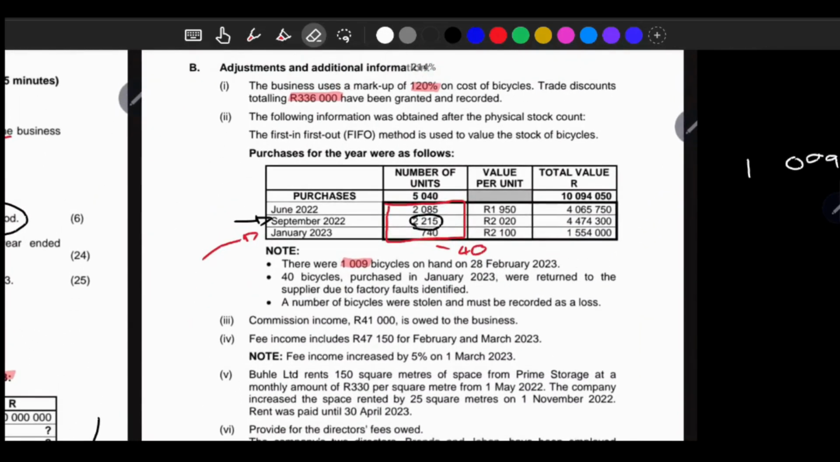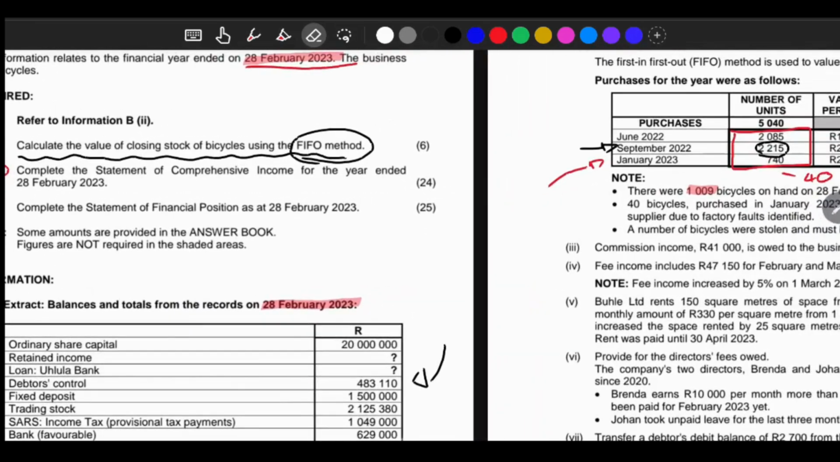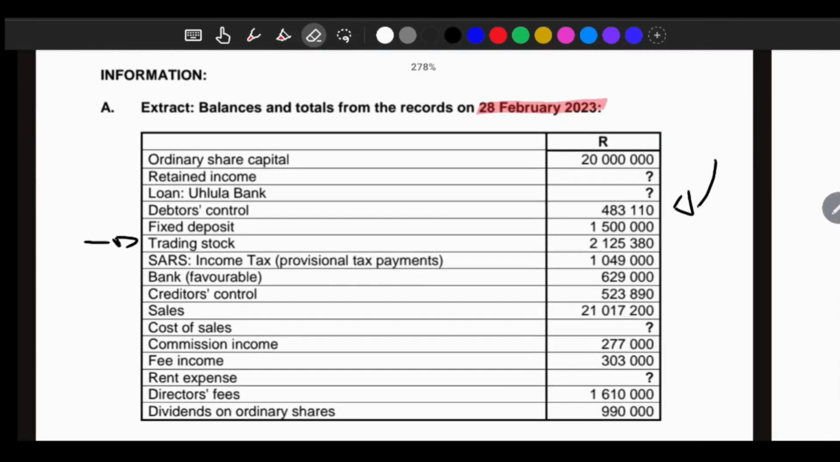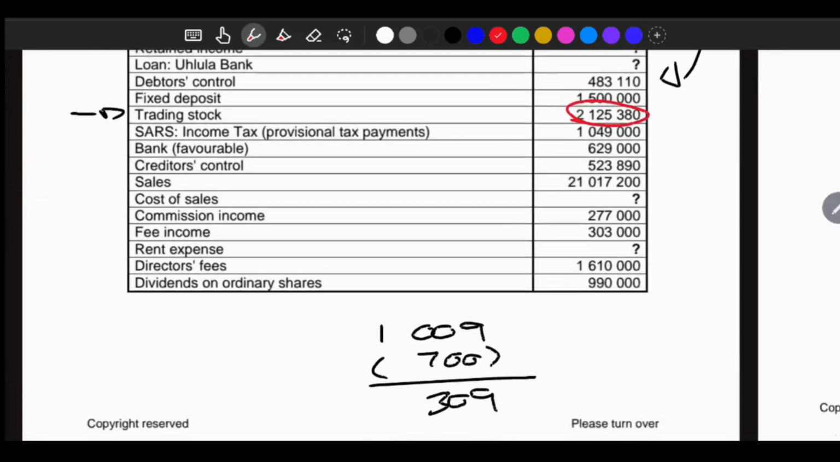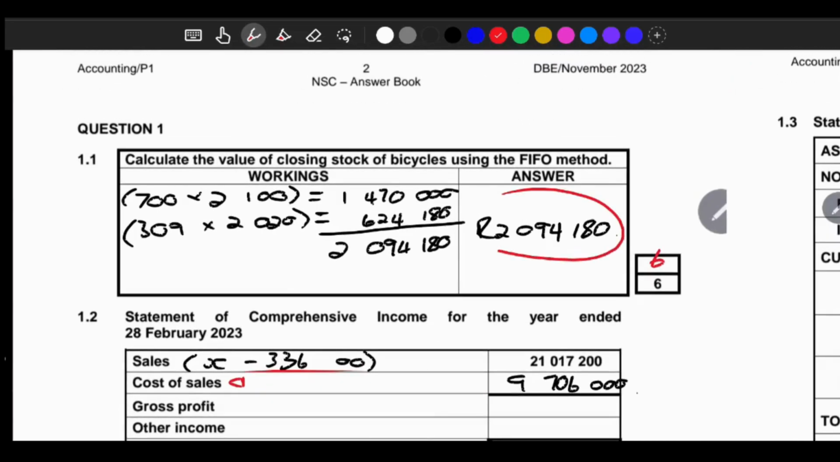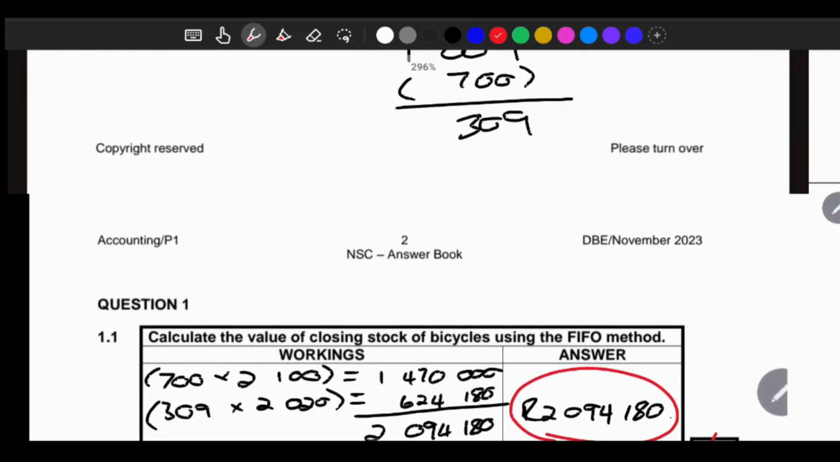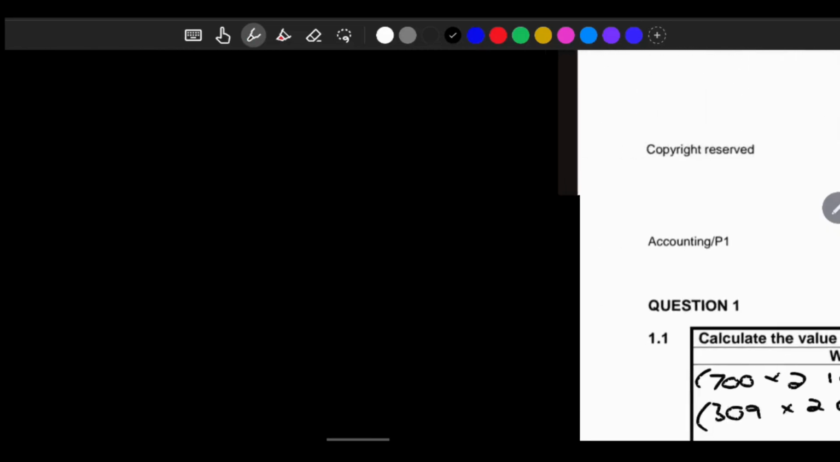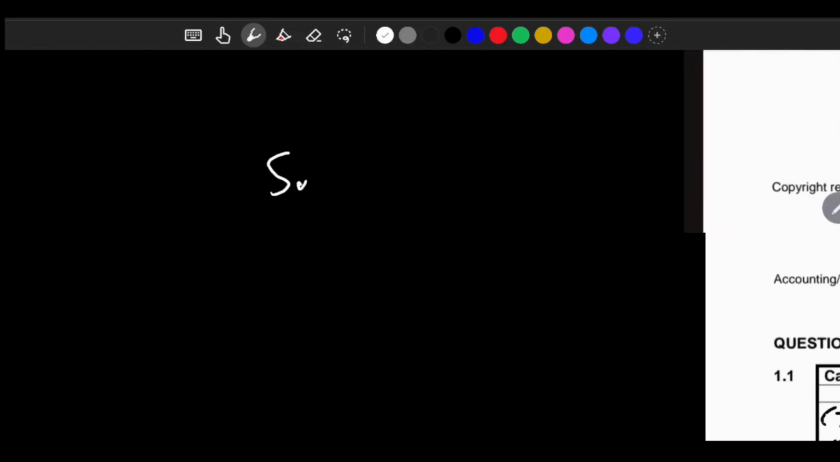So then we have the FIFO method, but now remember, with this FIFO method, we found out that we have a different amount than what we had recorded, right? What we had here, trading stock, was 2,125,000, right? 380, but we said that the trading stock on closing value was 2,094,000. So this is what we call a trading stock deficit or surplus. Once again, there is also a video on that, right? So surplus or deficit